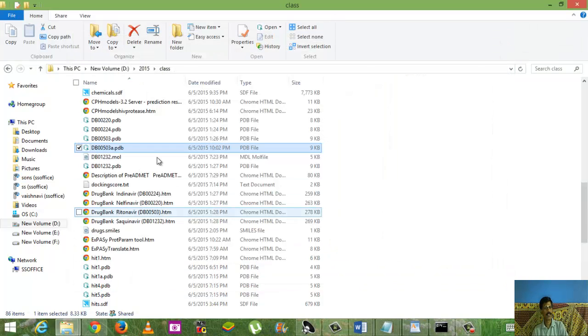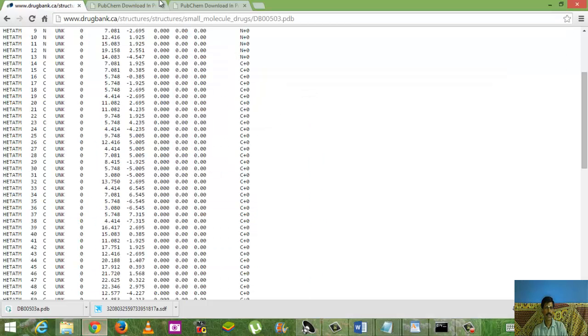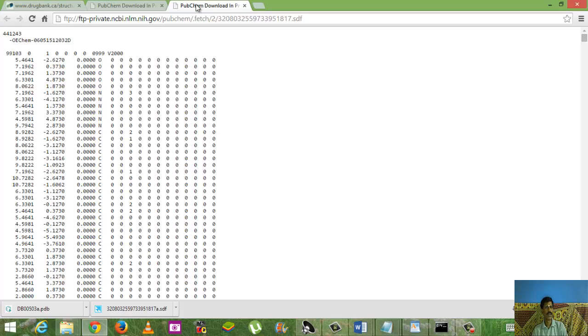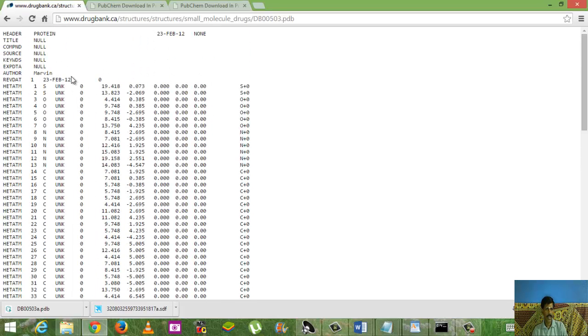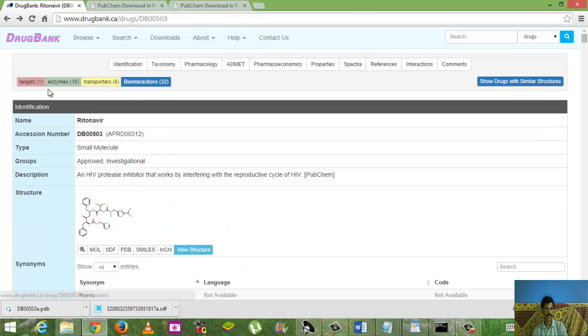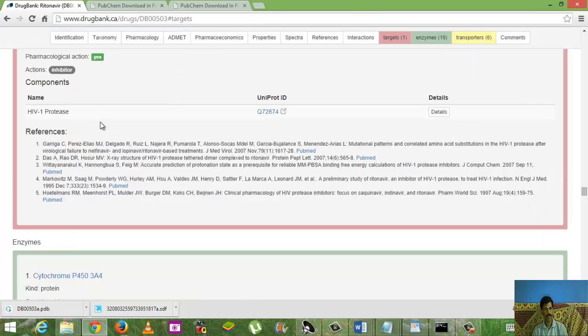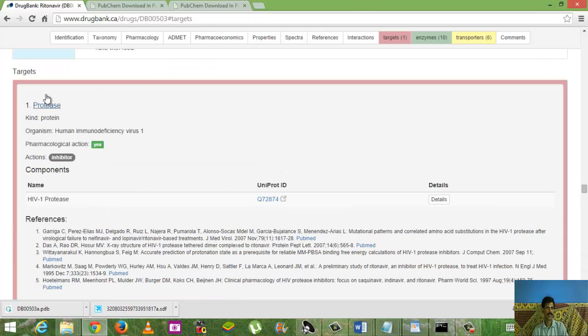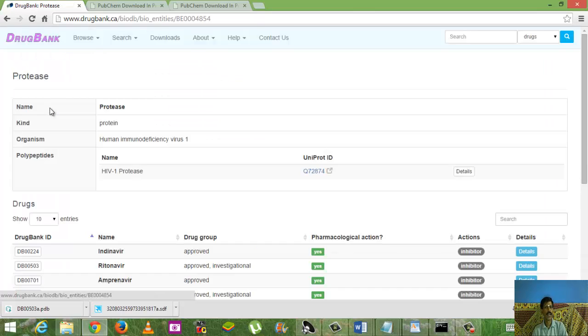After downloading this drug, now we have to download the PDB structure of a protein, or you can predict the PDB structure of the protein from the CPH server. We are interested in getting the target. We are going to use the proteases, which act as a target for this particular drug. You go to the target point, and there you have protease as a target for this particular drug. When you go to this protease link, you have a UniProt link in the protease target point,